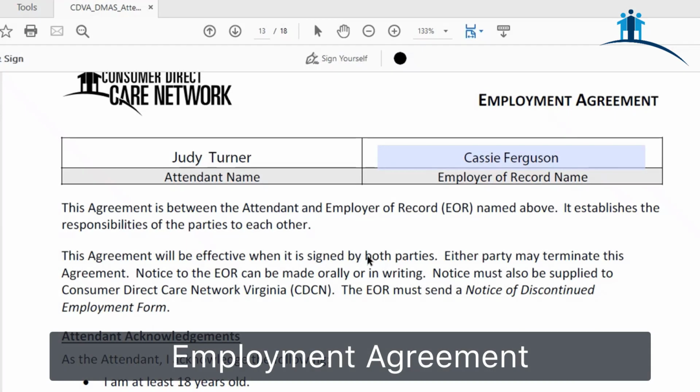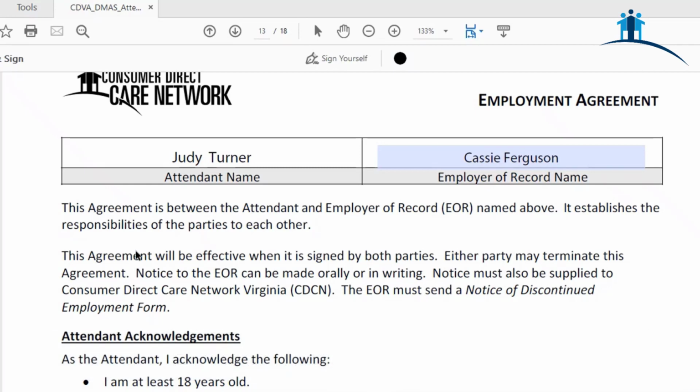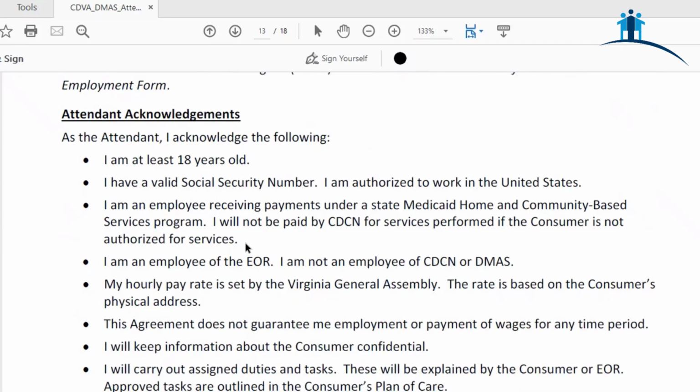This is the employment agreement. It's pretty straightforward. It's 3 pages long. We have to have all 3 pages. And it pretty much says up here, this agreement is between the attendant and employer of record named above. It establishes the responsibilities of the parties to each other. So before signing this form, make sure both the caregiver and the employer of record read through all 3 pages